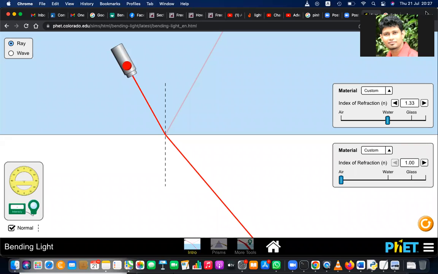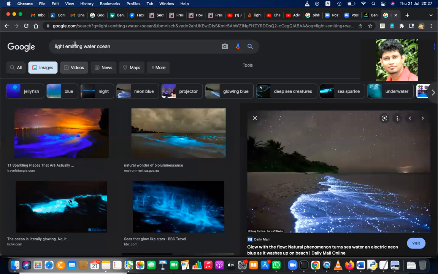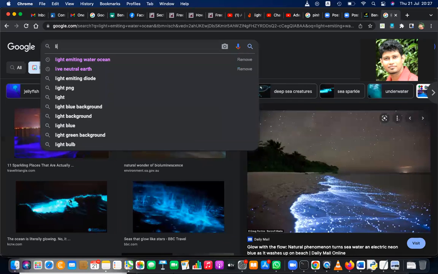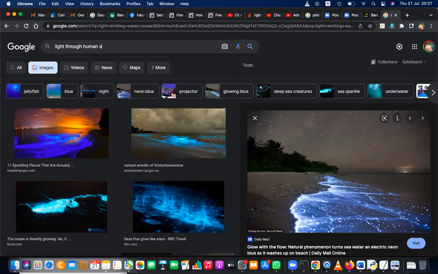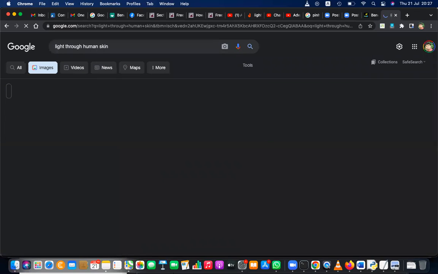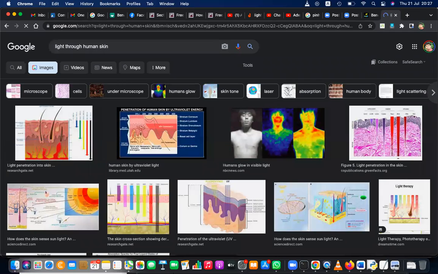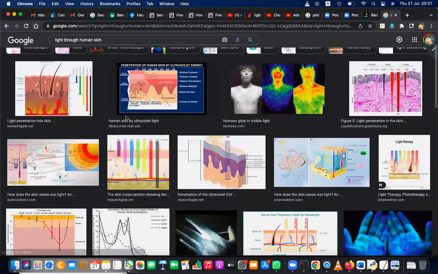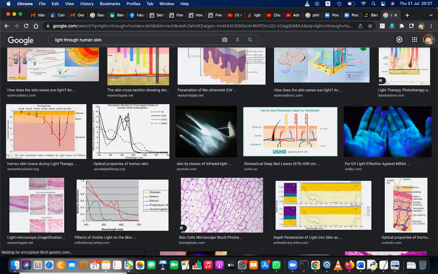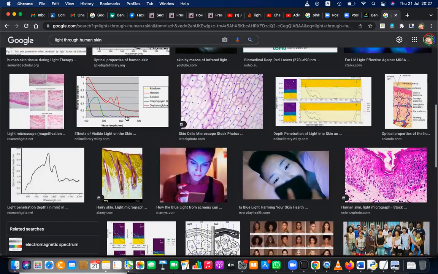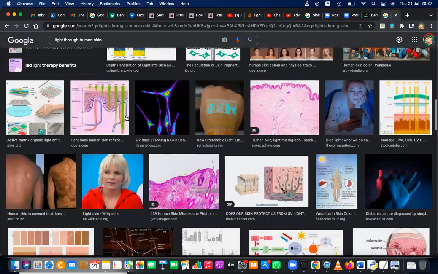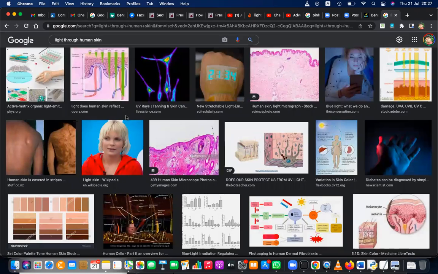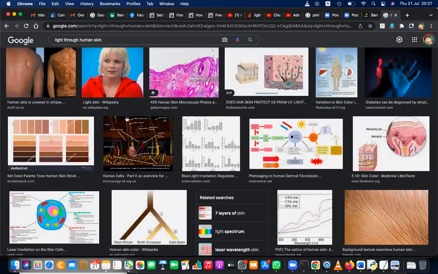Right here. So let me show light through human skin. Right? So not 100%, but some amount of light can go through our skin. So, this visible light can go a little. Visible light, but